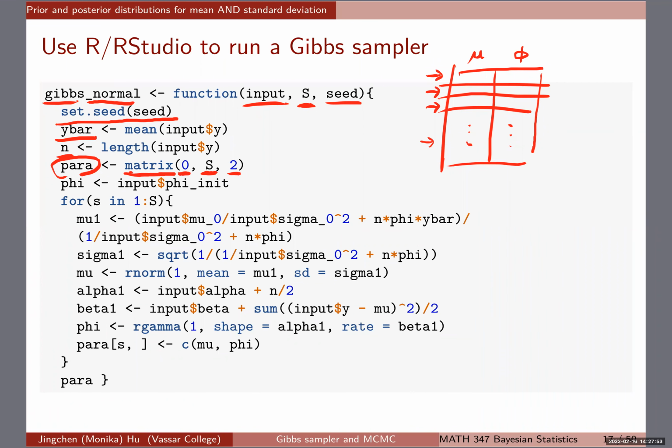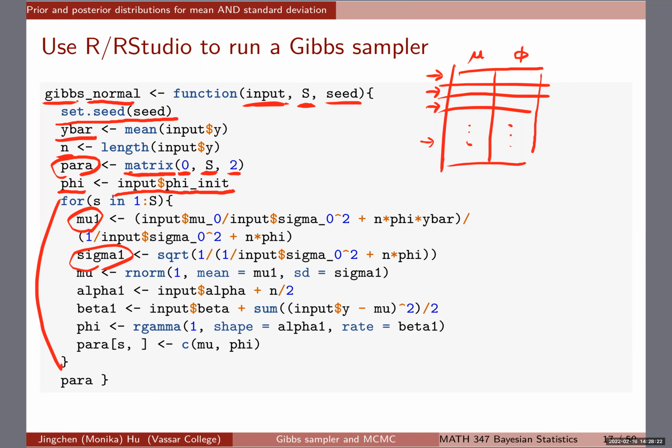And like I said, the input should also have something about the initial value. So in our demonstration, we just need the initial value for phi. So I'm going to start phi over here. And then I have a huge loop, and this loop is really looping through the Gibbs sampler that we showed earlier. So we first of all get the new mu, and then from equation 14, we get sigma 1 or new sigma from